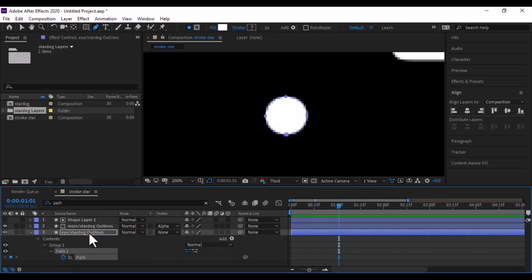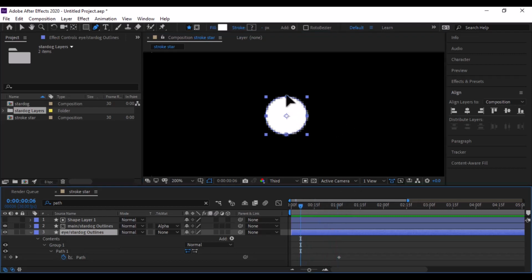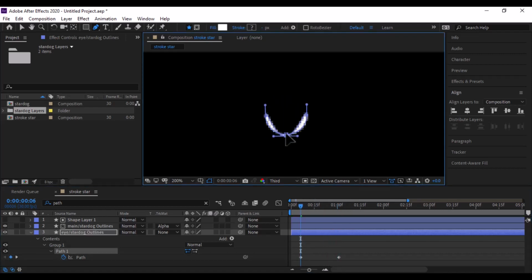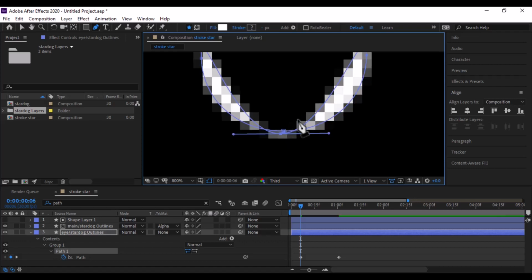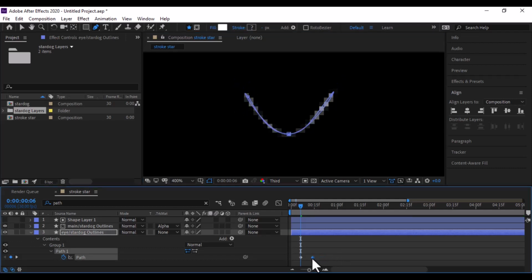Then make sure it is selected, and the pen tool is selected. So simply go here. Then move this one here. Then bring this one down. Let's zoom in for more accuracy. So kind of what we are trying to do is to animate a blinking eye. So bring these two down. Or first of all, let's